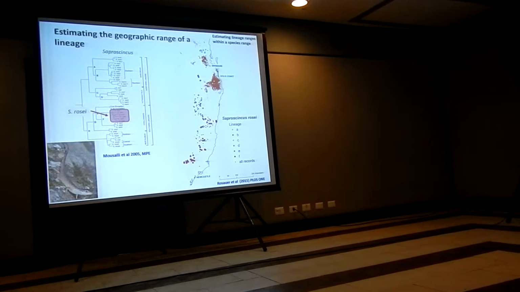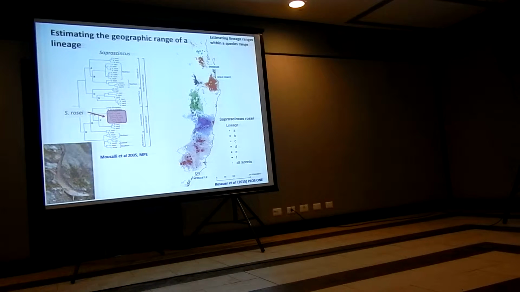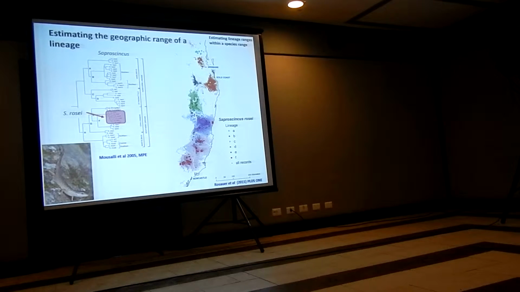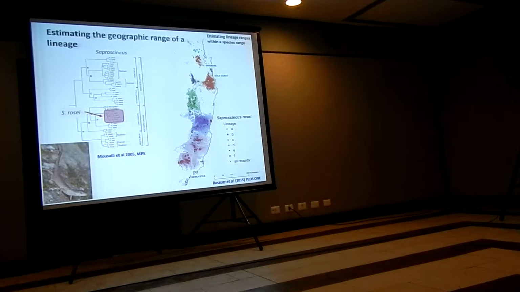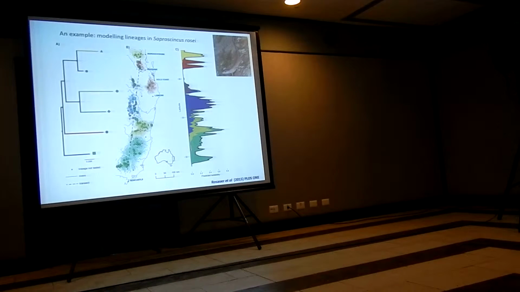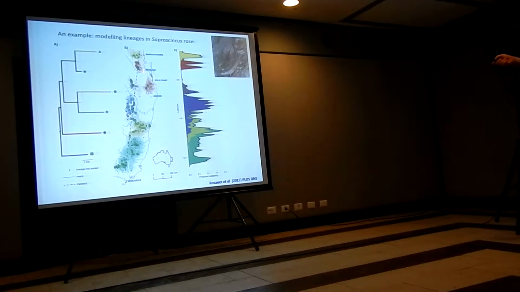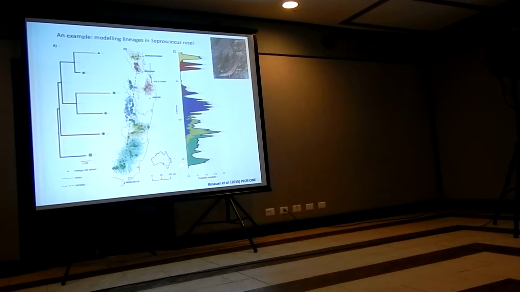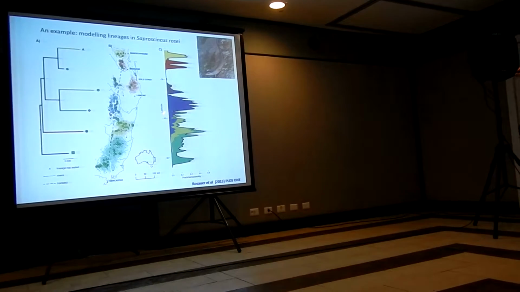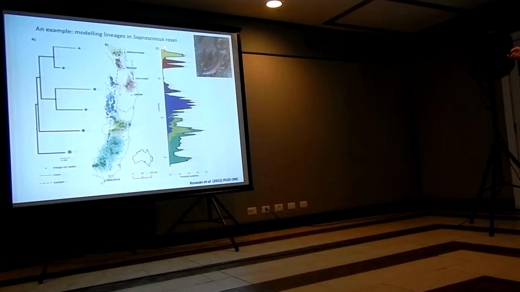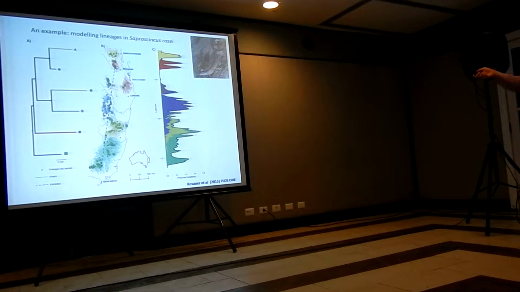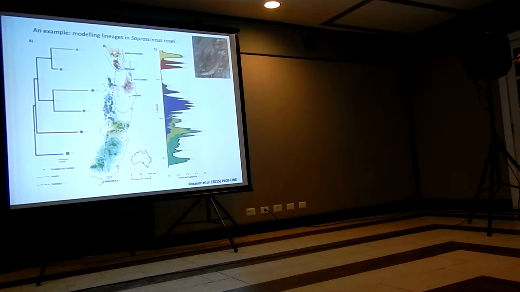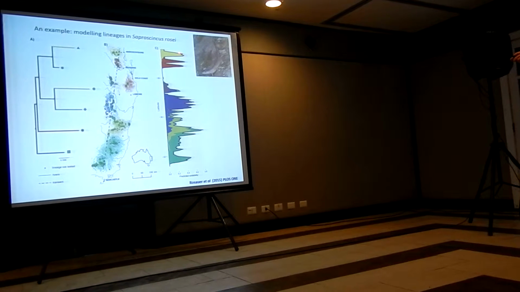So all we've done, in creating our separate models for each lineage, is to effectively partition the species distribution model based on accessibility to known locations of the lineages. So just to show you one more view of how this works, what I've done here is taken the same model and put a transect across it. And over here you can see the habitat suitability values from 0 up to a maximum of about 0.8. The bold black line along the edge is the species distribution model, and then that's simply partitioned up into the lineage models. So in a place like here where it's pretty certain what lineage occurs, you find that the lineage model is essentially the same as the species model.